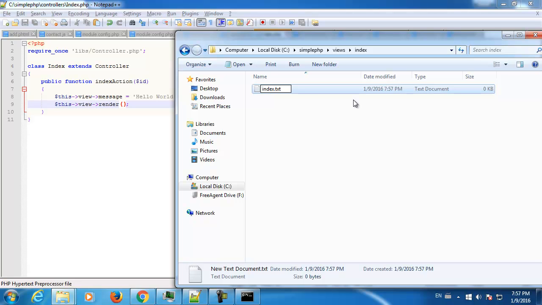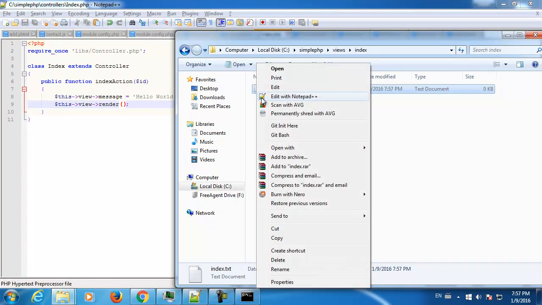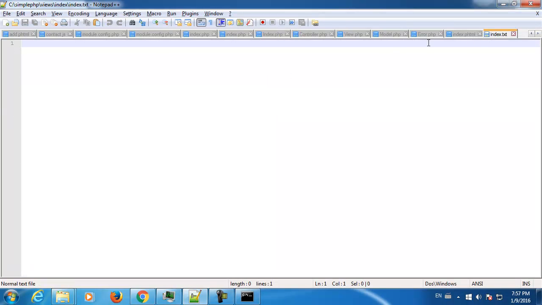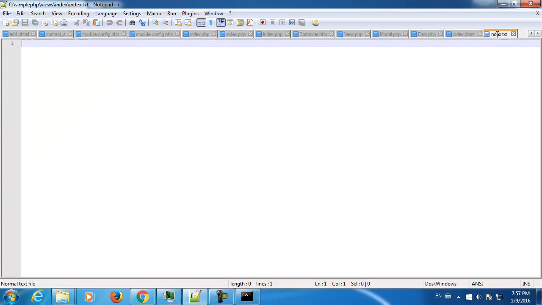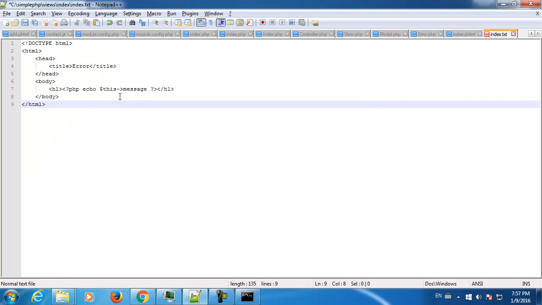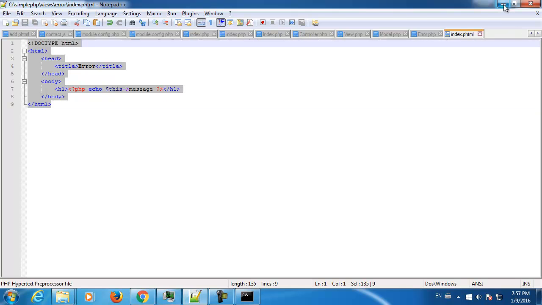Okay, so this view actually is gonna be rendered by the index action, and I'm gonna open it, copy from the index.html the information, put it here, index, of course, not text, index.html,